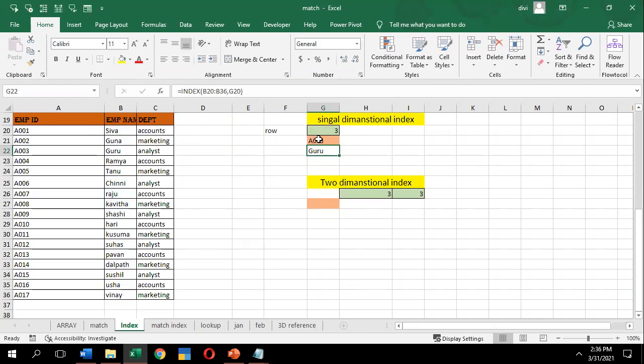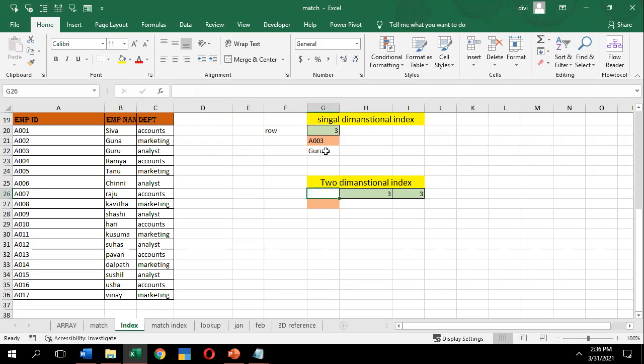I got Guru, the third place in the range you selected. Is that correct? Yes. Same as match, but match presents the position, whereas index gives the value in that cell.